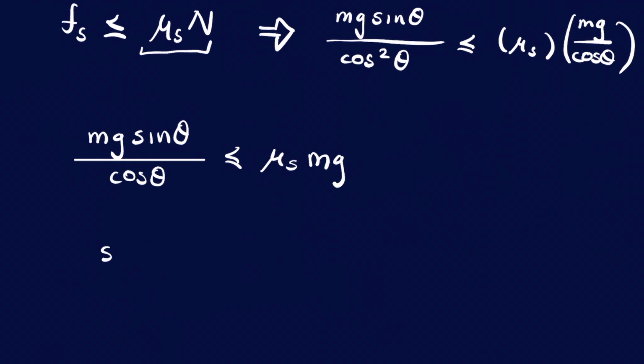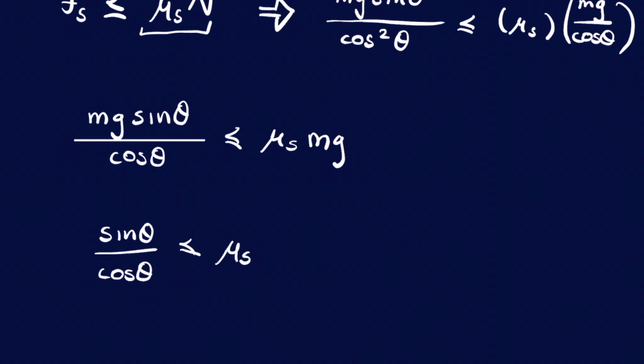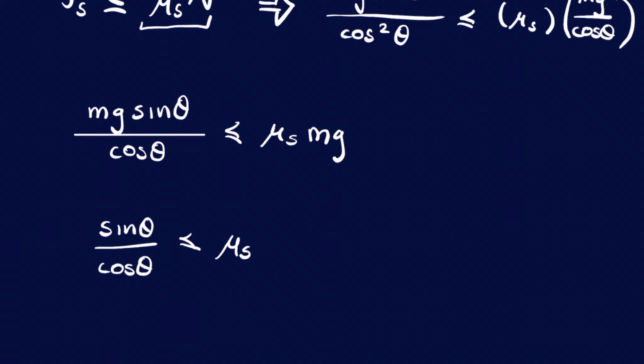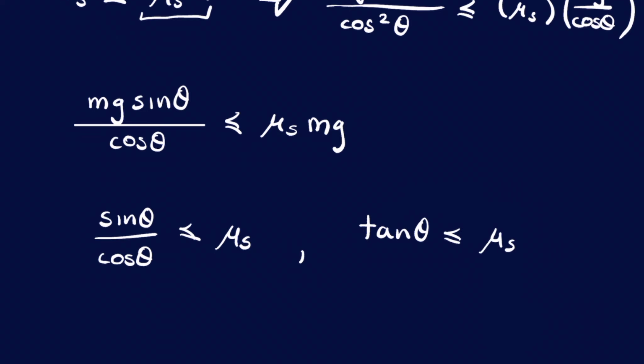So we're left with sine theta divided by cos theta is less than mu s. Now, if you remember, sine theta divided by cos theta is actually just equal to tan theta, is less than mu s. In order to find what theta is, all we need to do is the arctan of